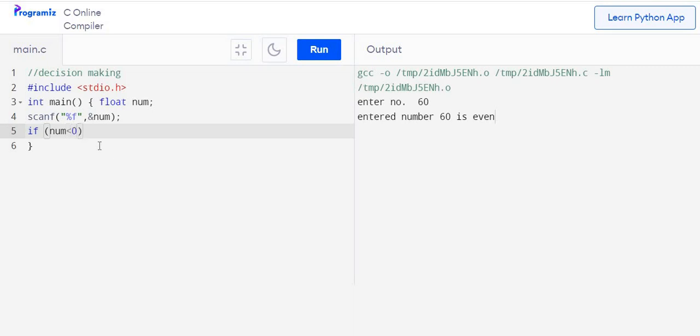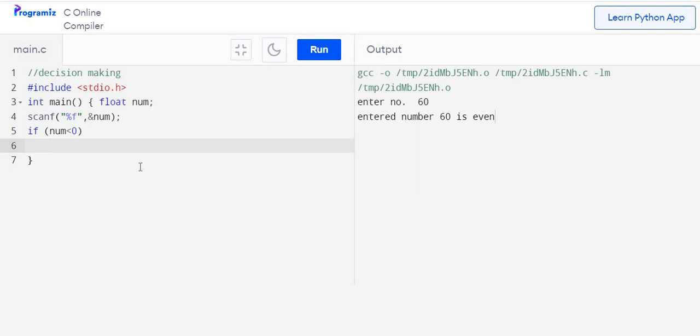How to check the number is negative or not? If number is less than 0, means it is negative. Then see this tab I have given just to look nice. It is not a condition that the indentation should be there. Indentation is required in Python. It is not required in C as a compulsory condition.